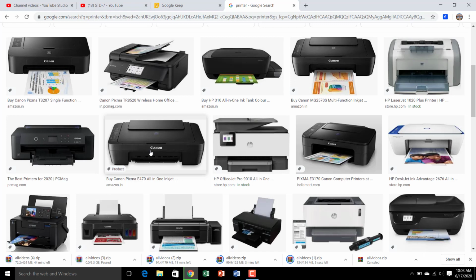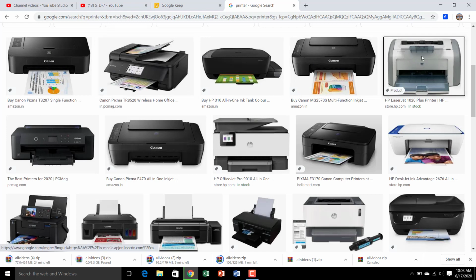A printer can give black and white prints, and color prints are also available. If you want a color print, you can get it from a color printer. If you want black and white, you will get it from a black and white printer.